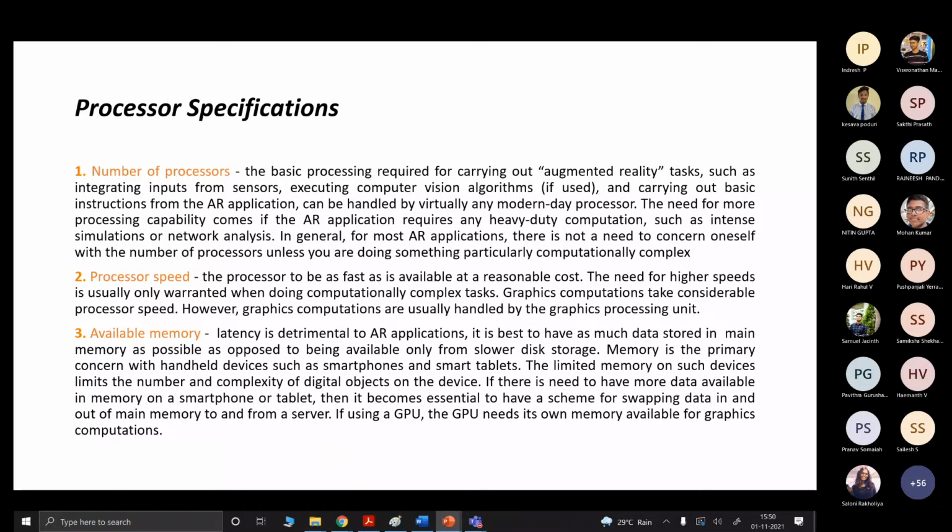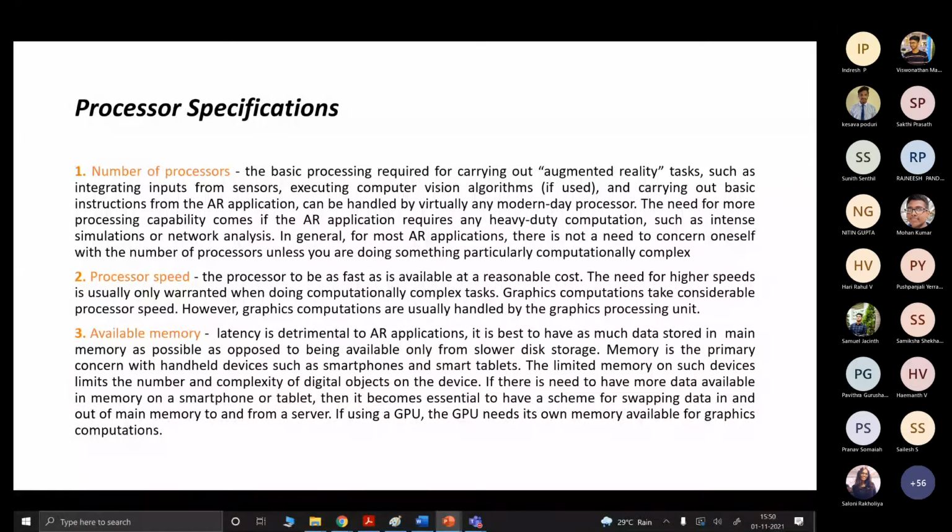There are no specific constraints. If the task is more complex, then you need a larger number of processors to execute it. Processor speed, as we discussed earlier, should be very fast so that the reality component can be seen in the virtual environment.